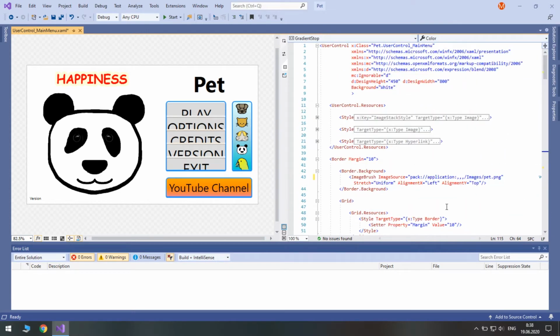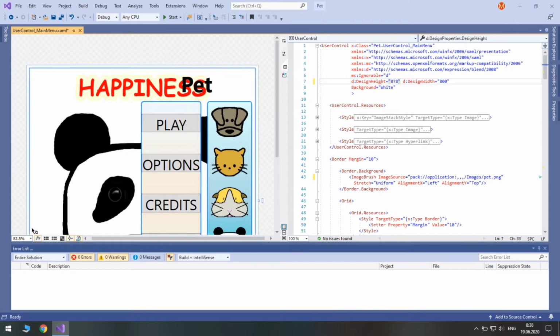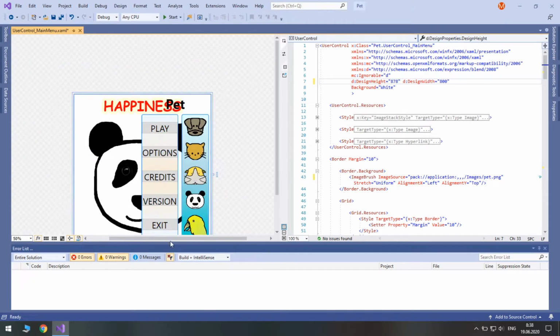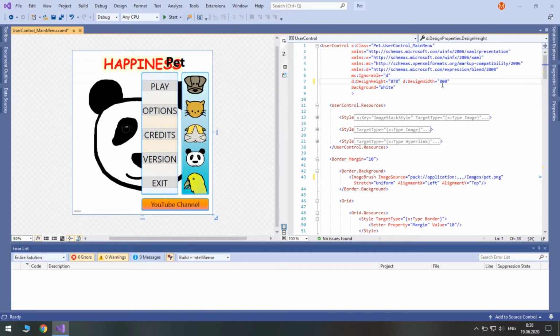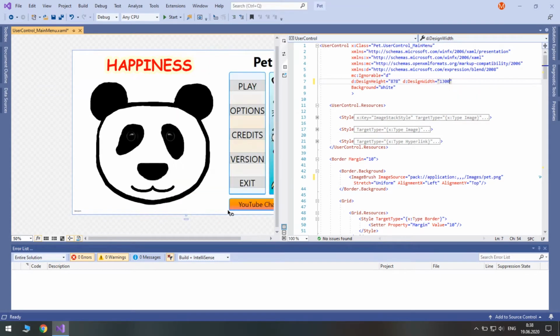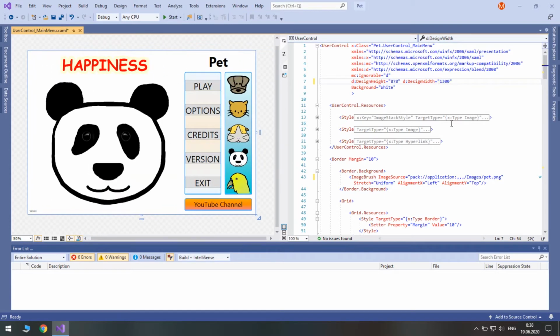Now let's change a few properties of our user control. Let's change the design height to something bigger. Okay. And design width to say 1300. Okay.